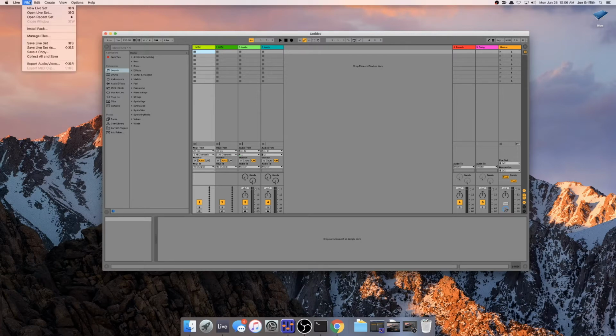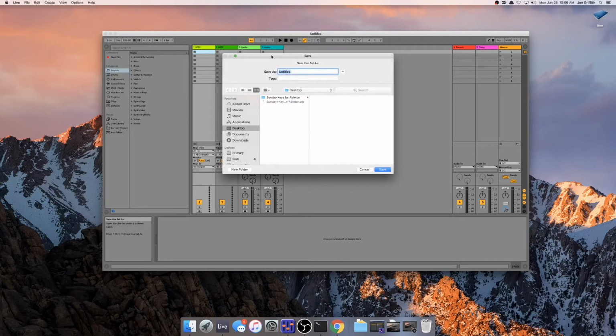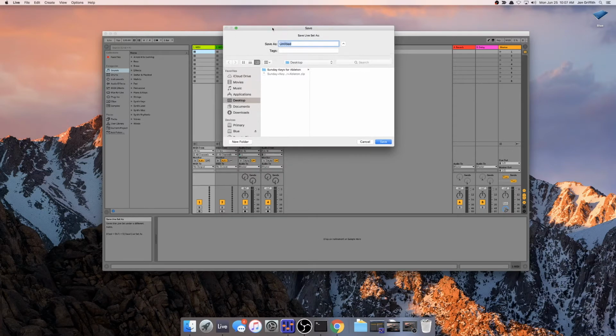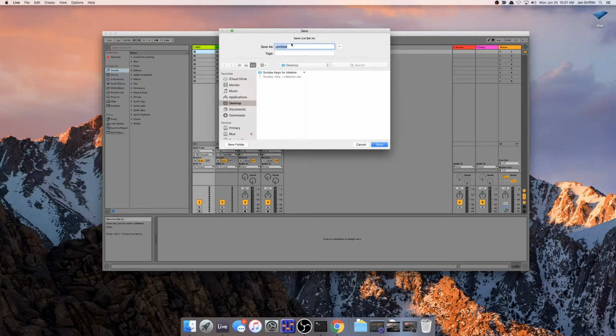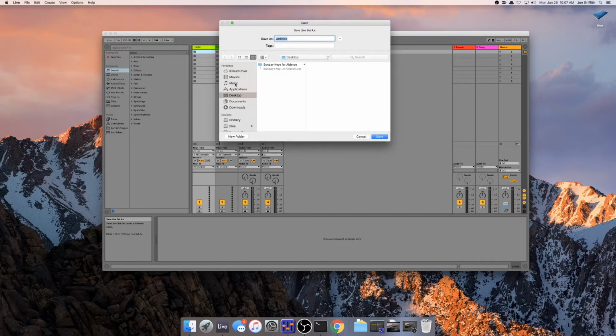If I were to come up here and say File, Save Live Set As, you'll notice there's no Save As a Project. That's because all you need to do is save a set into its own folder and it becomes a project. Project files are created, all the resources are created for it. What I'll do is, under my music folder, which was created by dragging the music folder to the sidebar if you don't have this here,